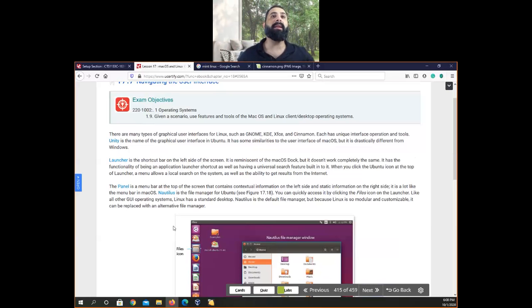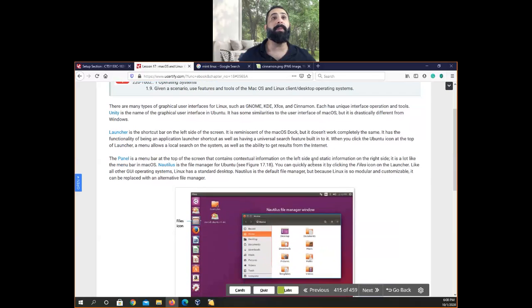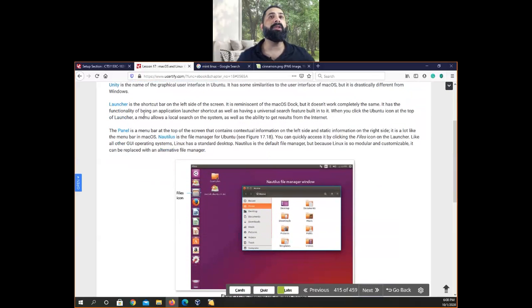For example, the one that you see is called Unity. Unity is the name of the graphical user interface for Ubuntu. It has similarities to the interface of the Macintosh operating system, so they did it for that reason. Launcher is the shortcut bar on the left-hand side. We have a dock in Macintosh; over here we have the launcher on the side.